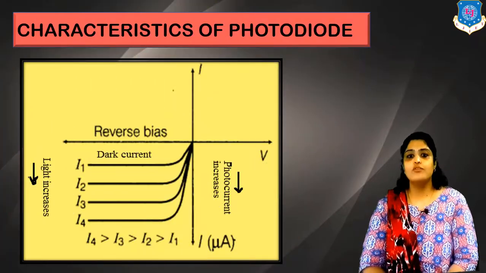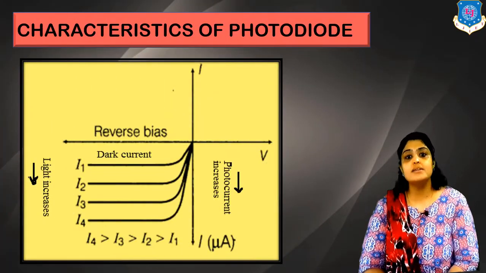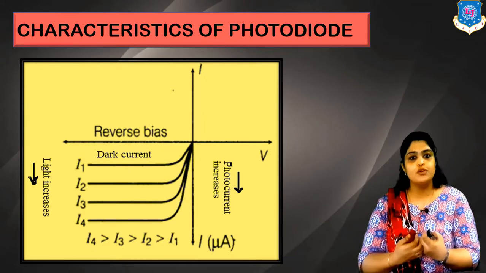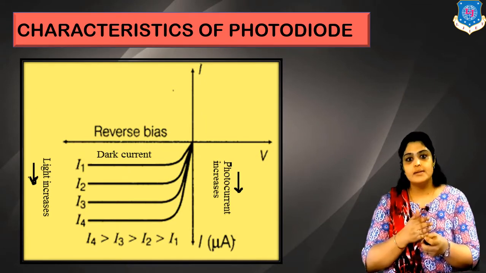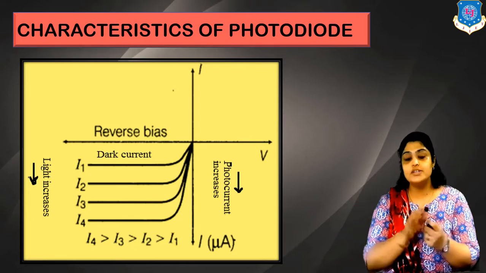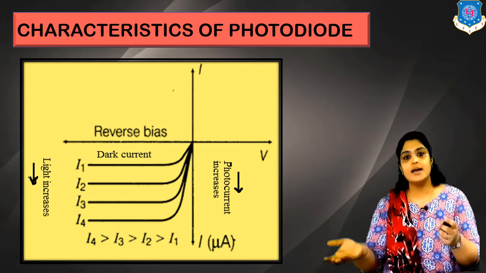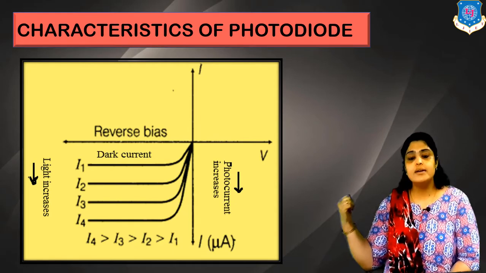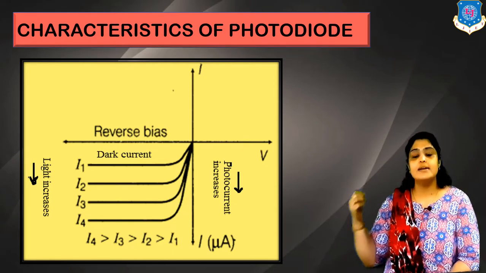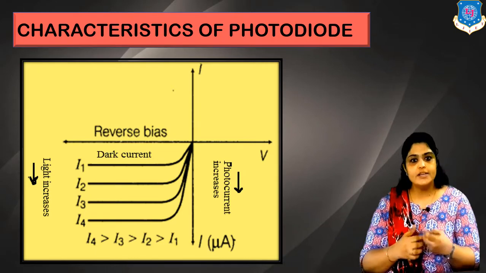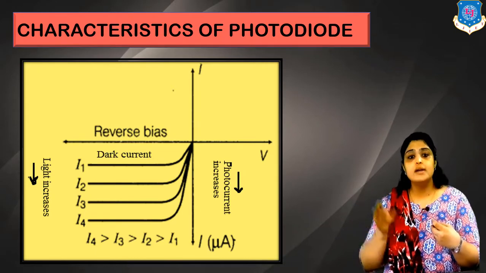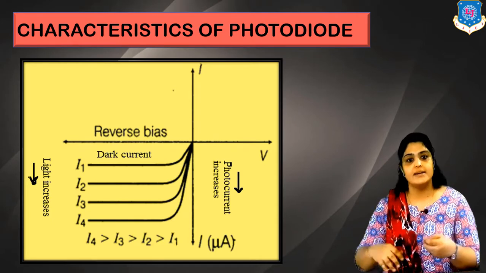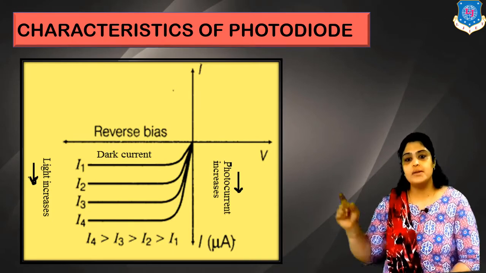Now let's move ahead and discuss the characteristics of photodiode. Now actually, if I discuss the characteristics of a photodiode, it should be with respect to light. Because we have seen in the earlier animation that if the light intensity increases, the current is increasing, right? That was shown in the earlier animation. So here in reverse bias condition, because it's reverse bias condition, we have shown it in the third quadrant. So reverse bias voltage and reverse bias current, that is the reverse current in microamperes.